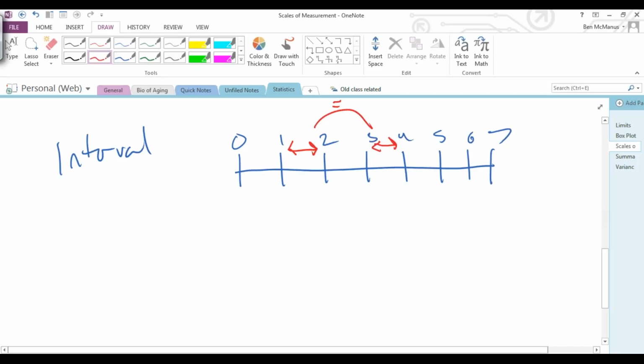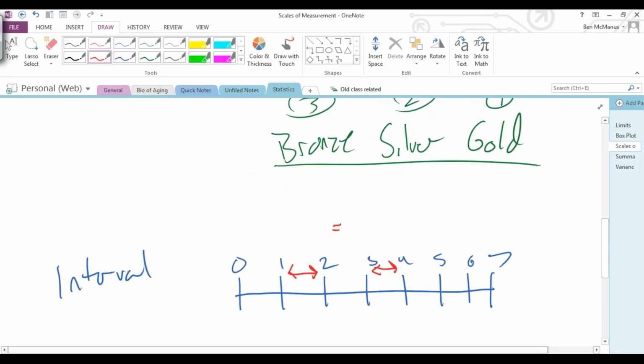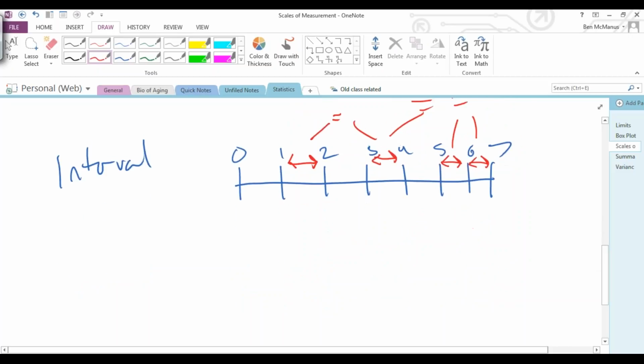It's not a frowny face, it just means those two are equal. Equally spaced intervals. So the difference between 1 and 2 is the same as the difference between 3 and 4, and it's the same as the difference between 5 and 6, and 6 and 7. All these intervals are going to be equal, so it's evenly spaced data. And again, the order matters. 6 is more than 5. 5 is more than 4. However, if we were to continue to extend this line,